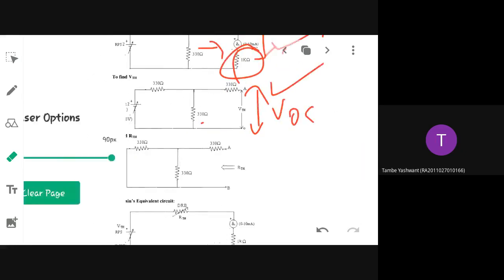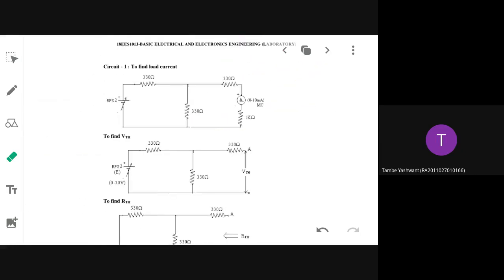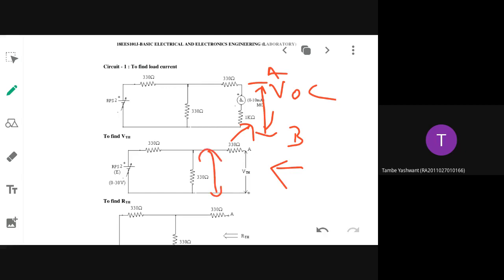This is your circuit that is given. Always, I think last class I told you, if you want to verify Thevenin's theorem, first thing is you have to find out VOC. Suppose this is the terminal across which I want to determine current or voltage, then that terminal I have to open. As shown in the second diagram, I have opened that terminal and I have eliminated this 1K. It was having 1K that I have removed and I have opened it. Then if I am able to find out the voltage across this 330, the same voltage you will be getting is VOC is equal to VThevenin.